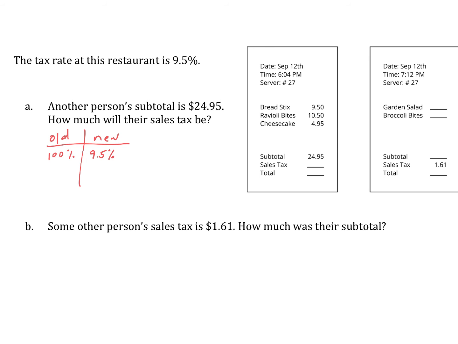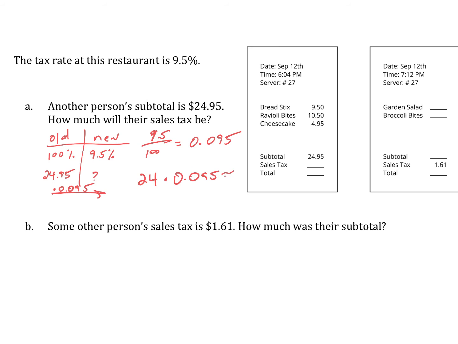I know that the old amount is $24.95. I need to figure out the new amount, and I need to figure out my constant of proportionality. So I'm going to do 9.5 over 100, which is 0.095. So I know I am multiplying by 0.095. So 24 times 0.095